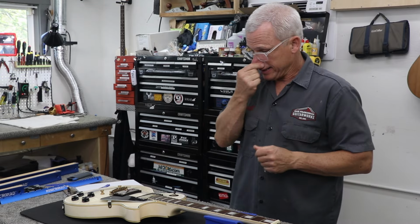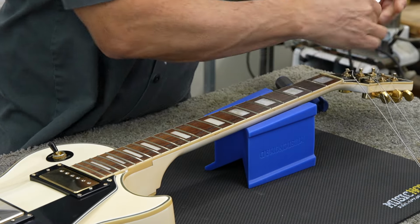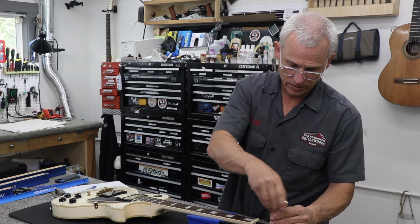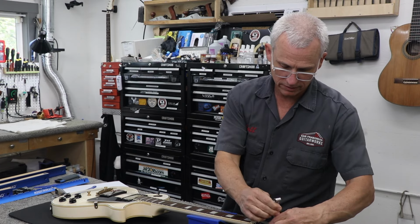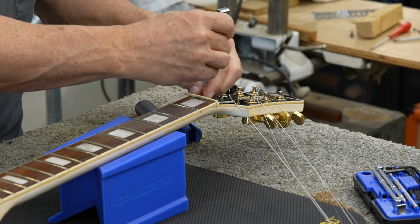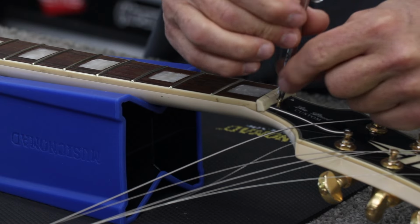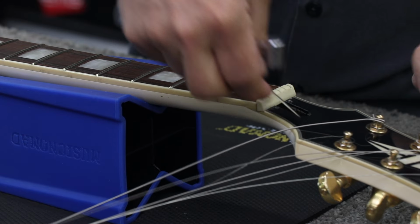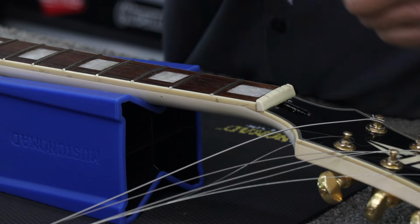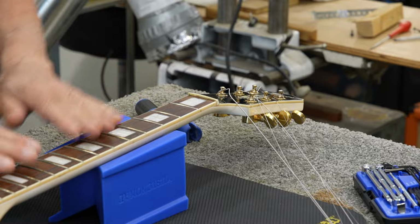So now that I have my strings off, I'm going to gain access to my truss rod nut. This one happens to have 3 little Phillips screws. If it's a Gibson, it's going to have 2. A Fender American professional is not going to have a truss rod cover. It's just going to have the hole for the truss rod wrench. So just act accordingly. Once I have that off and out of the way, I'm going to set my neck